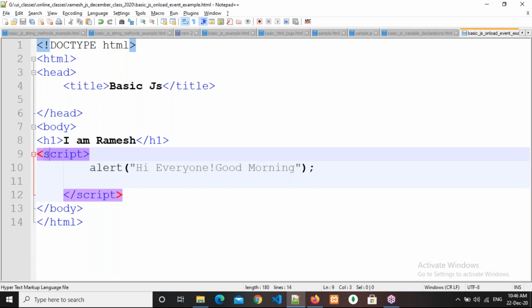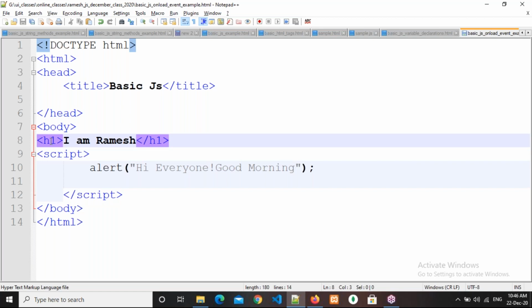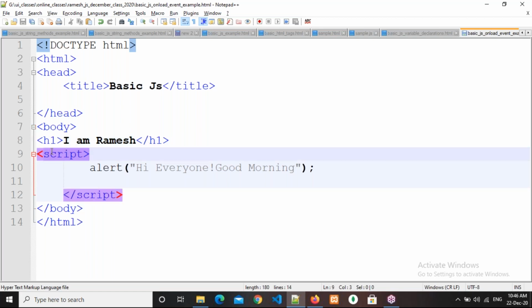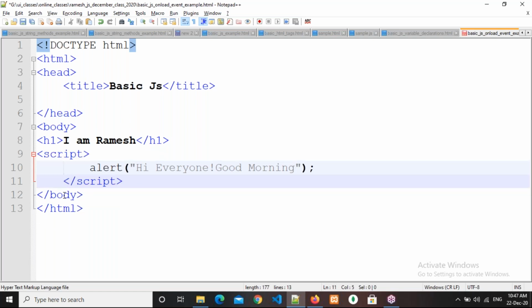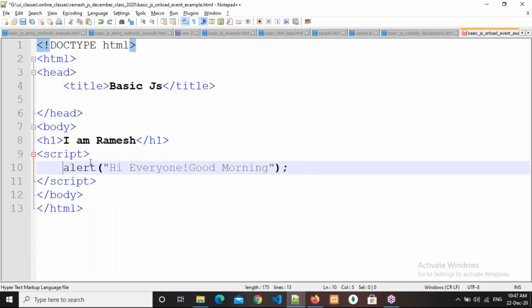What I want is, irrespective of the script tag's place, whether in the body tag or the head tag, first the HTML content has to load, then only the JavaScript. After loading the HTML, only then I want to load this script.